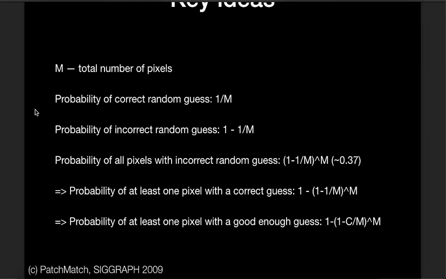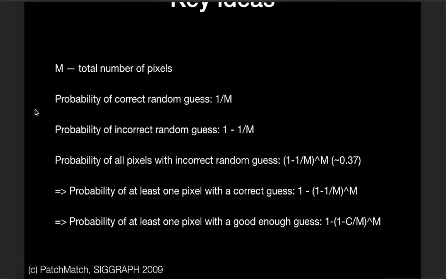So what is the probability of getting all the things wrong? It is (1 minus 1 by m) to the power m. For a normal sized image, I think 4 MP or something, it's 0.37. So there's at least a 60% chance that you get at least one thing right. If you get one thing right, the information gets propagated because you're looking at the neighbors. So slowly all the random fields get aligned,